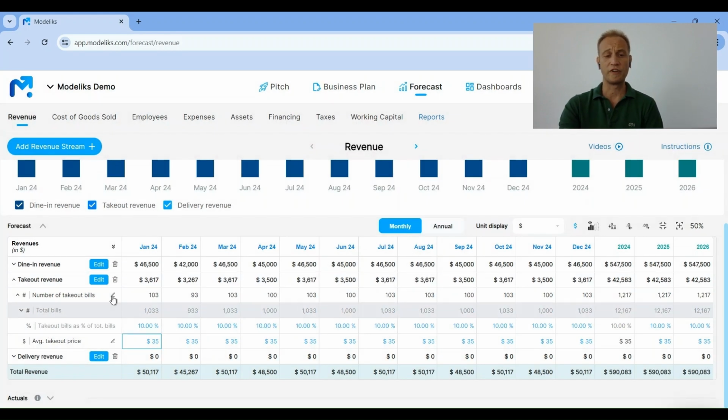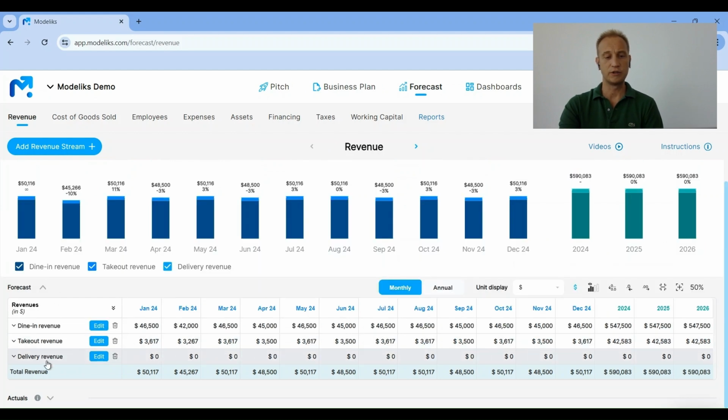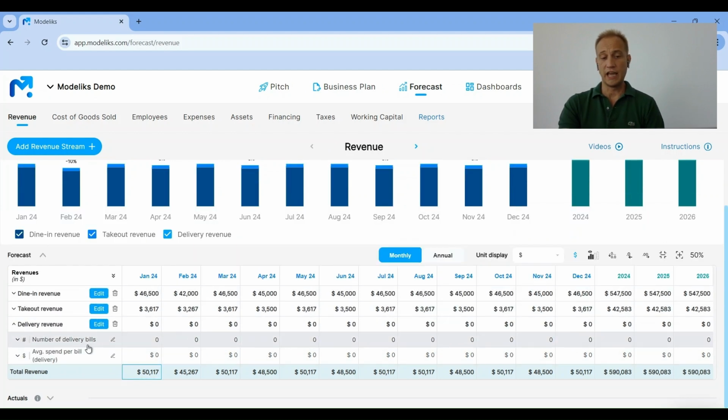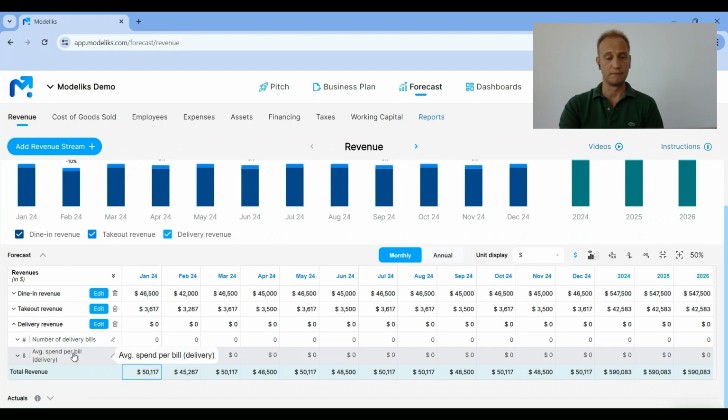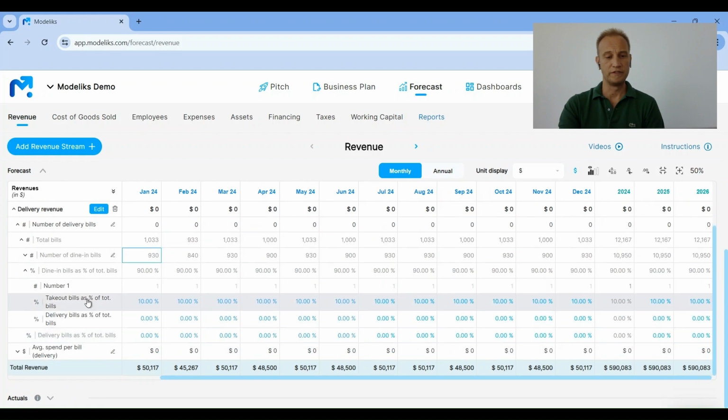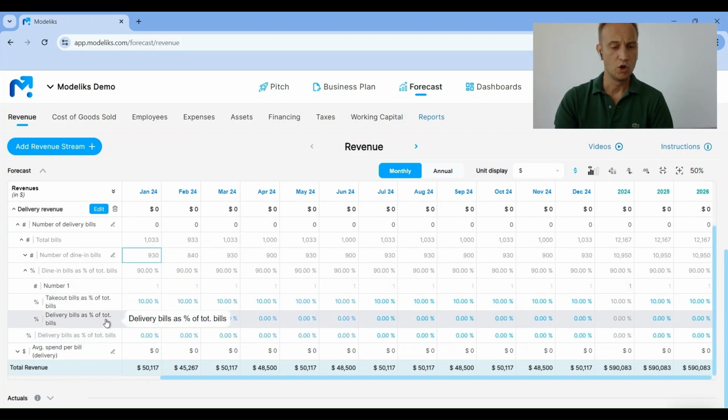And with that, we've calculated our takeout revenue. Finally, let's calculate our delivery revenue. Again, it will be calculated as the number of delivery bills multiplied by the average price per bill. To calculate the number of delivery bills, we just need to provide one assumption, which is